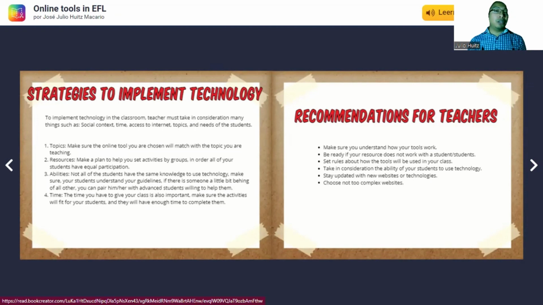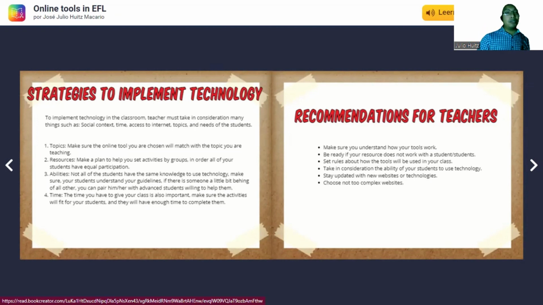Another one here is the time. Sometimes a period of 45 minutes, 35 minutes is not enough to develop a skill and obviously to connect technology to our classes. However, if you can become a master of English, but also of technology, it will be useful for you and your students when you're planning. That's why planning and time are really important. Both topics always go together.